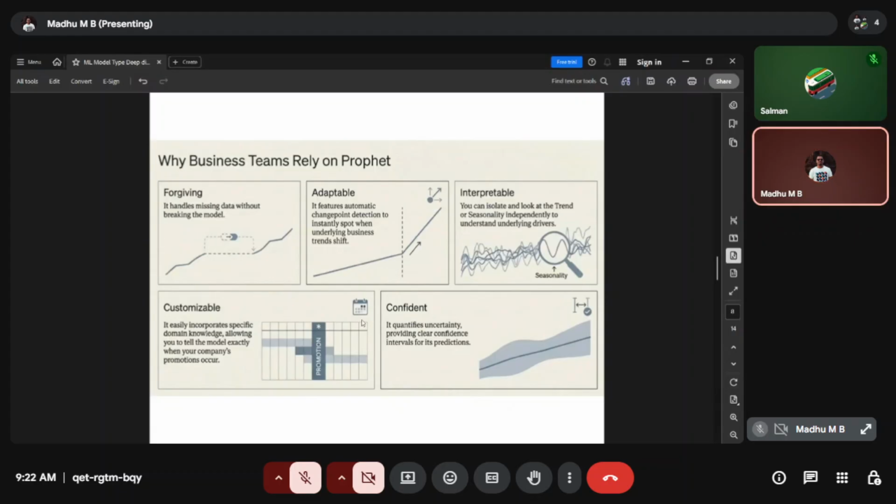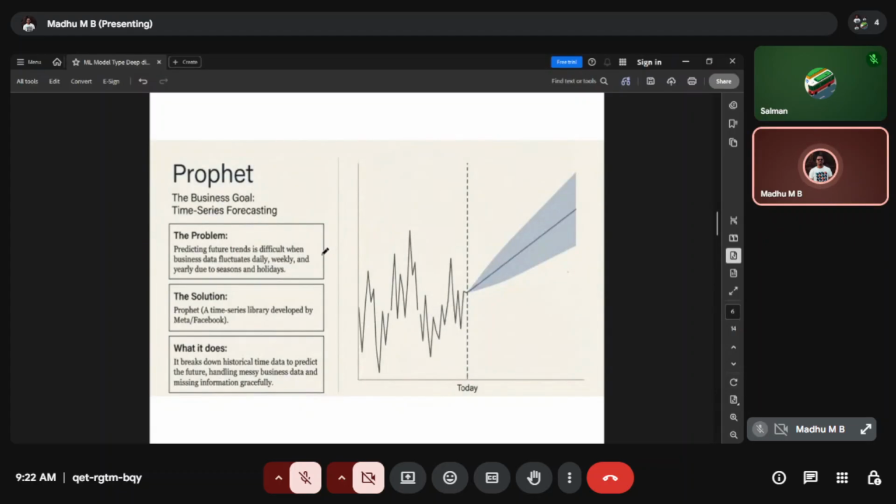So the second model for the analytics is Prophet. The good part about this is that it was developed by Facebook, now called Meta, and it is in the time series library. When I say time series, it means